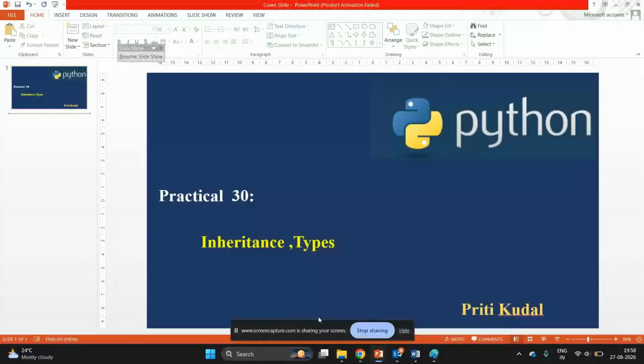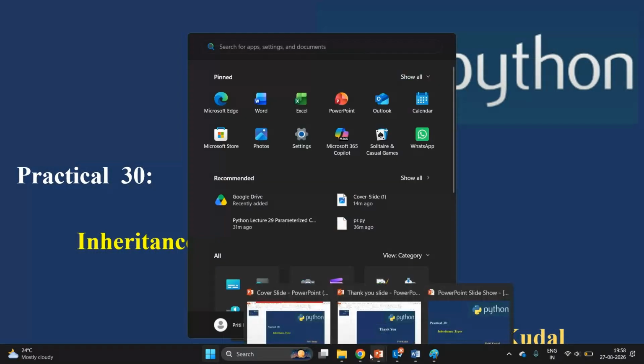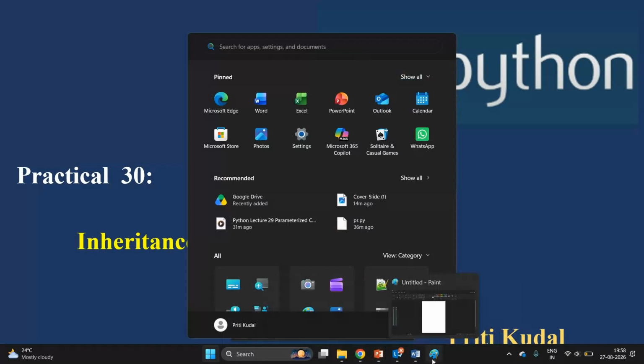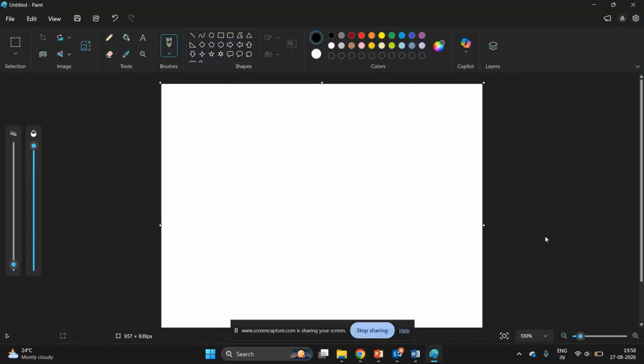Hello everyone. In today's Python session, we will see about inheritance and its types. We are learning the basic OOP concepts in Python. The basic object oriented programming concept